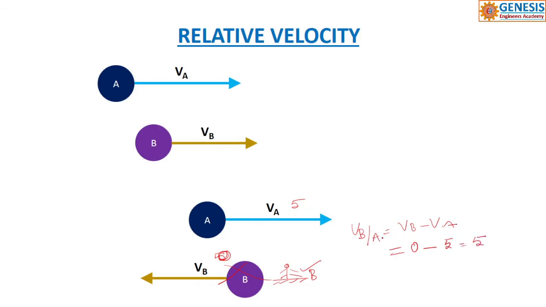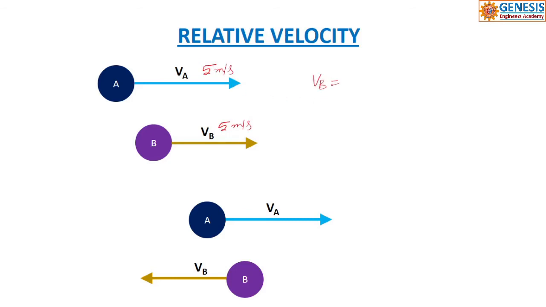So you can also experience the same. It is also moving with 5 kmph or 5 meters per second, anything you can take. So what is VB with respect to A? VB minus VA. Both are in the same direction, so both VA and VB are positive. Then it is 5 minus 5 is equal to 0. What would happen to that? The persons sitting in that train would experience that the trains are not moving. That is the effect of relative velocity.